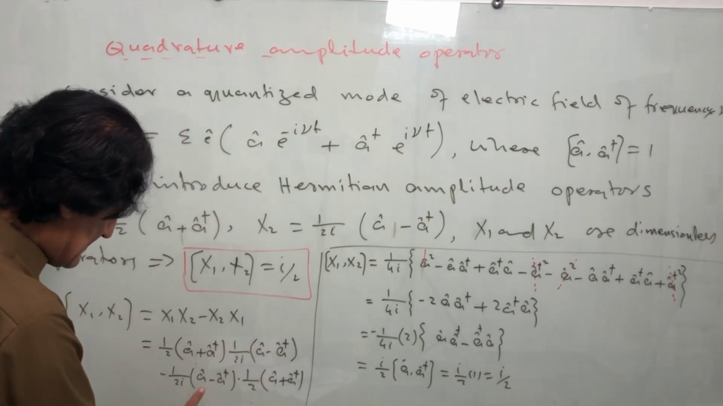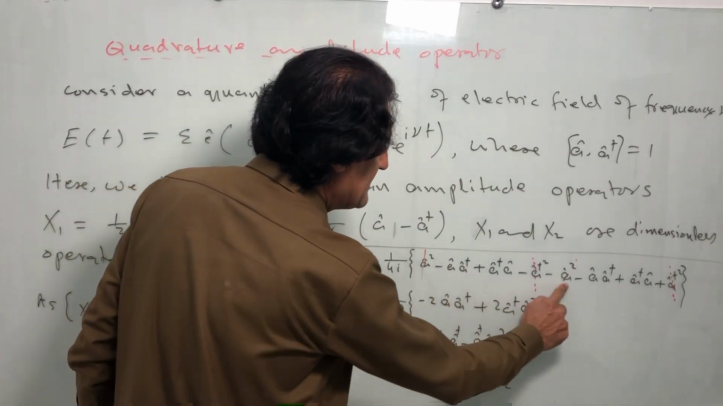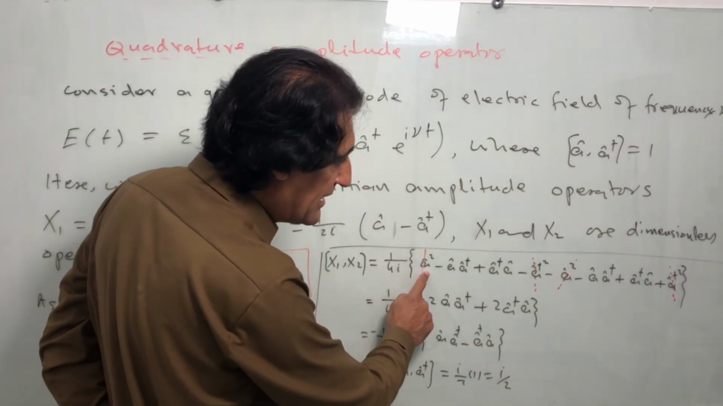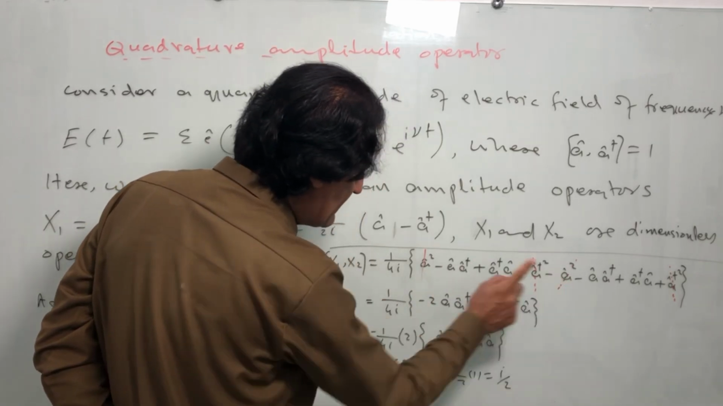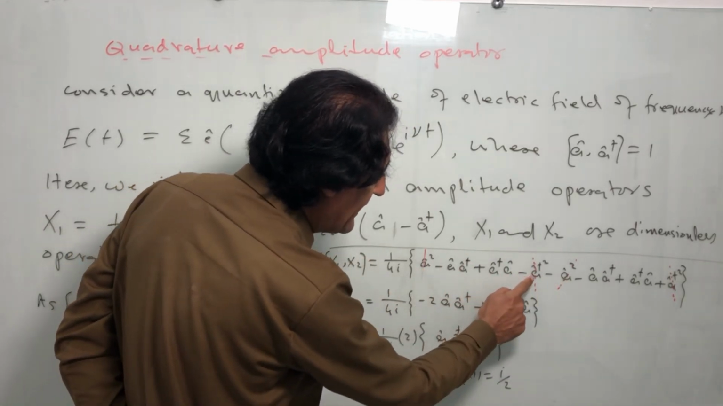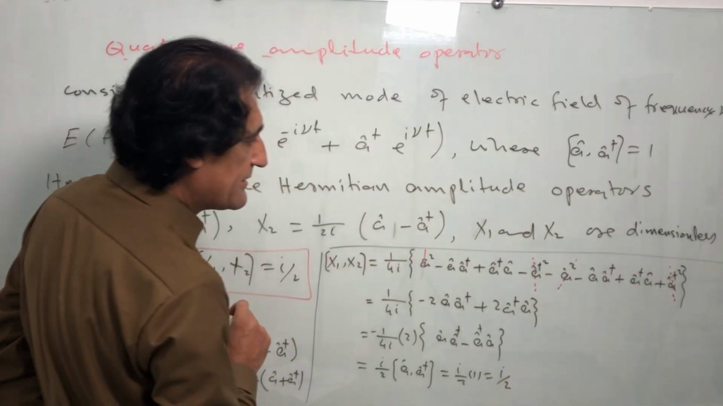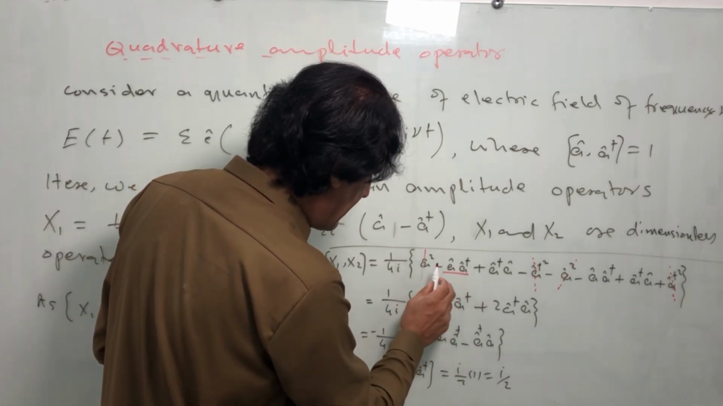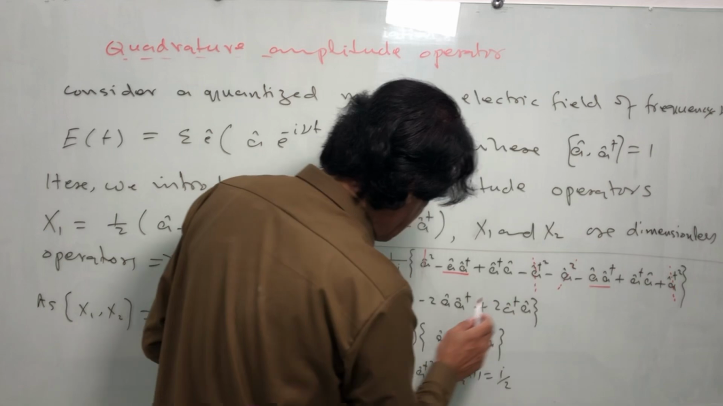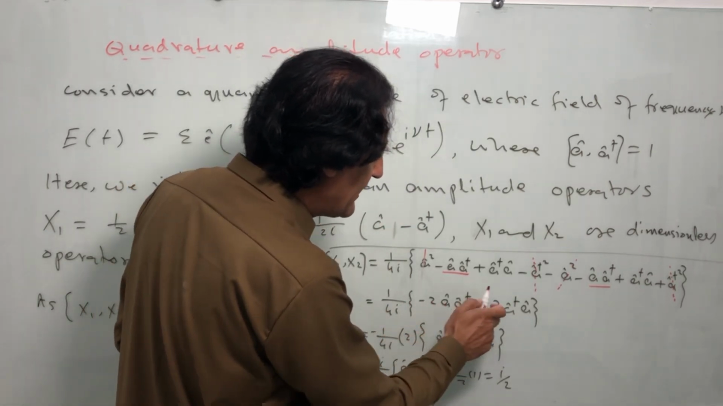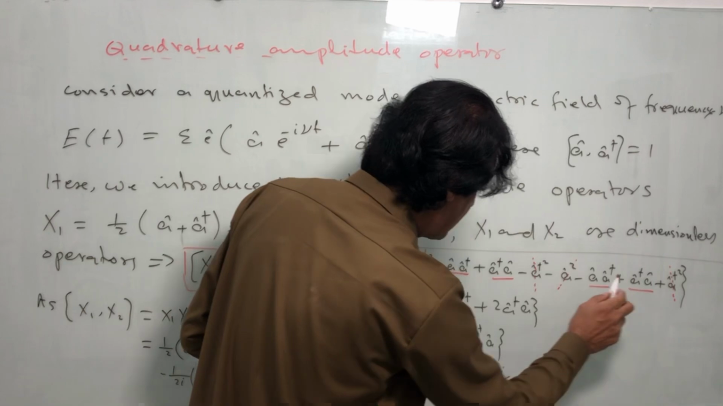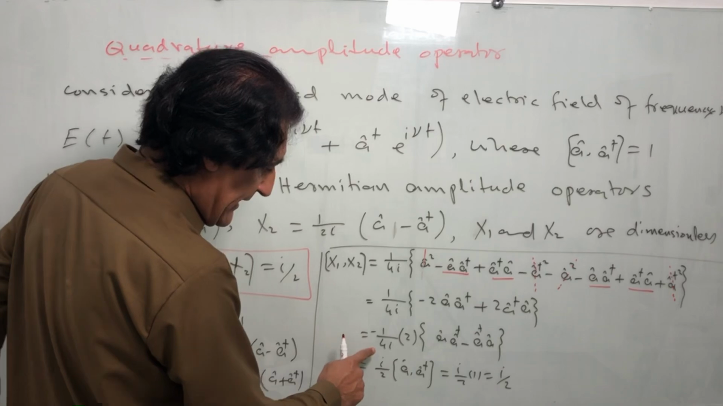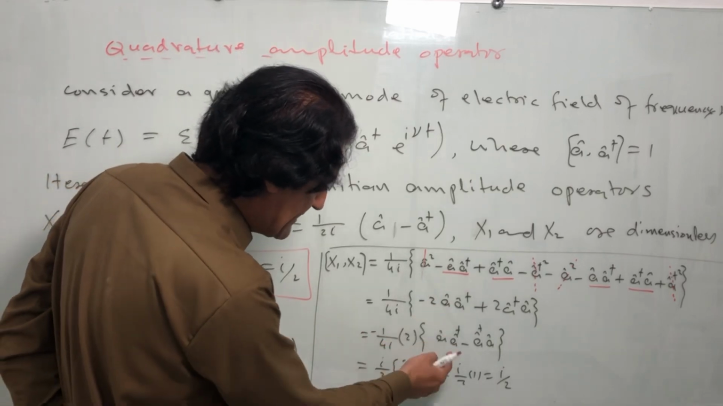multiplication of this term with this and this with this, we can get these terms. And from these terms, a square can be cancelled out with this a square. This is positive, this is negative, and a dagger square can be cancelled out with a dagger square. So after this, we have two terms, one a a dagger and minus a dagger a. So we have minus 2 a dagger a, and further a a dagger and a a dagger, so we can get 2 a a dagger. And after this, I can take 2 common, and also